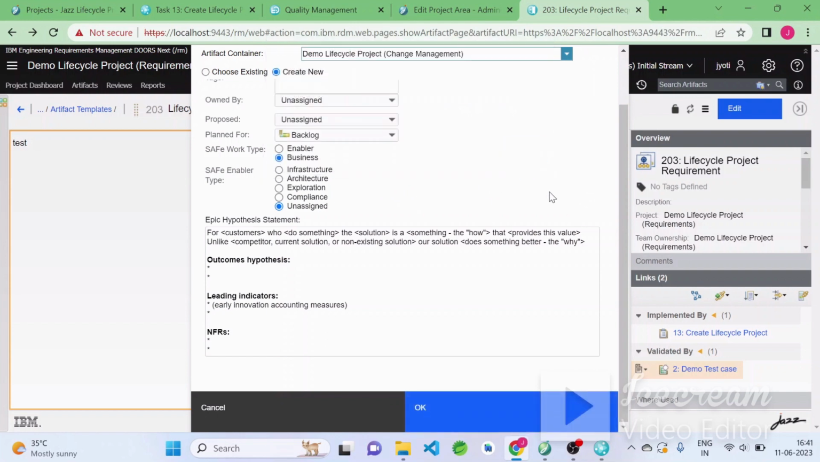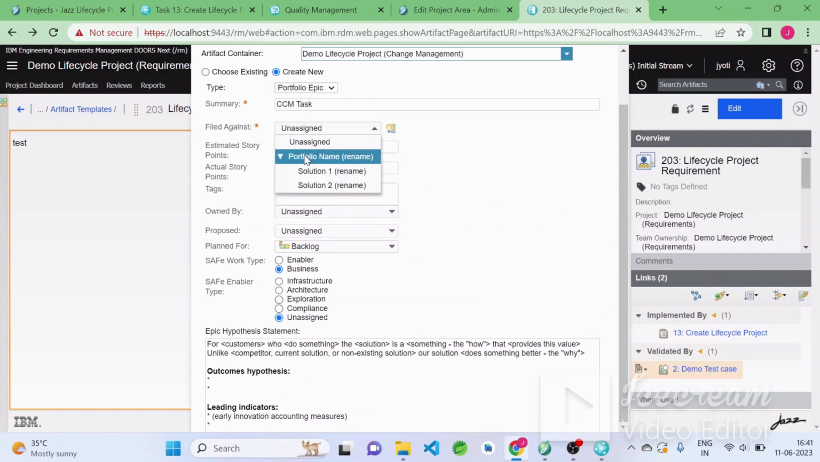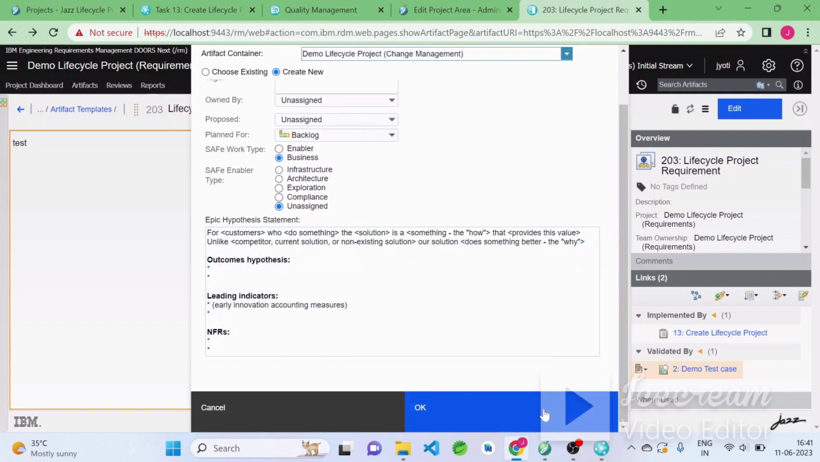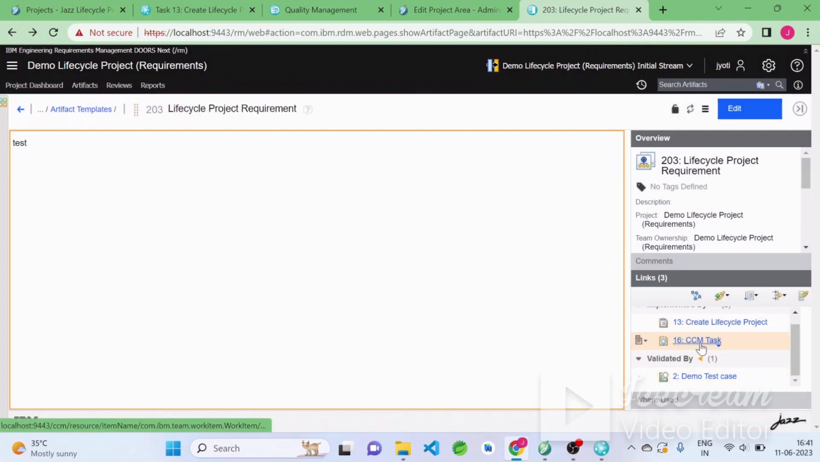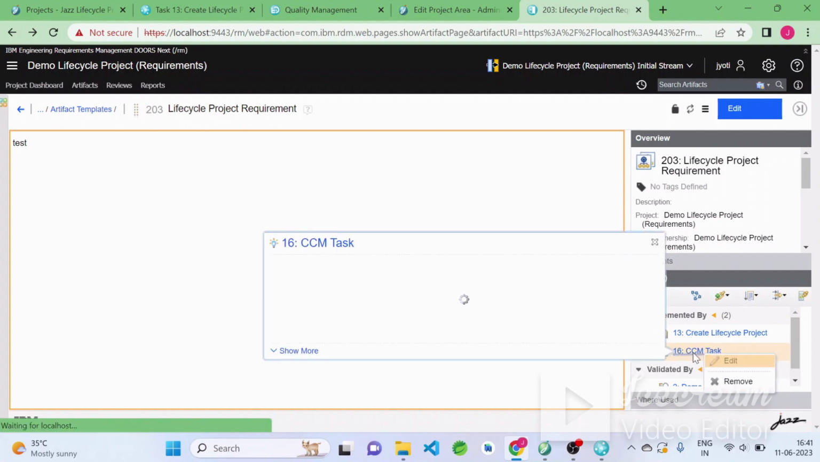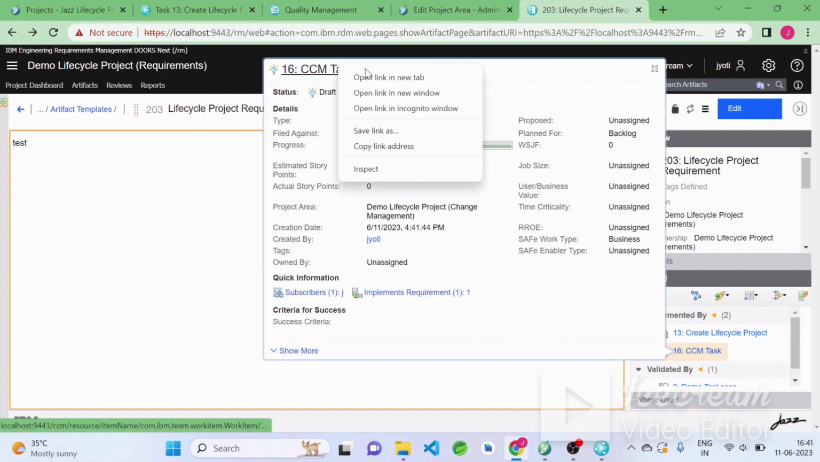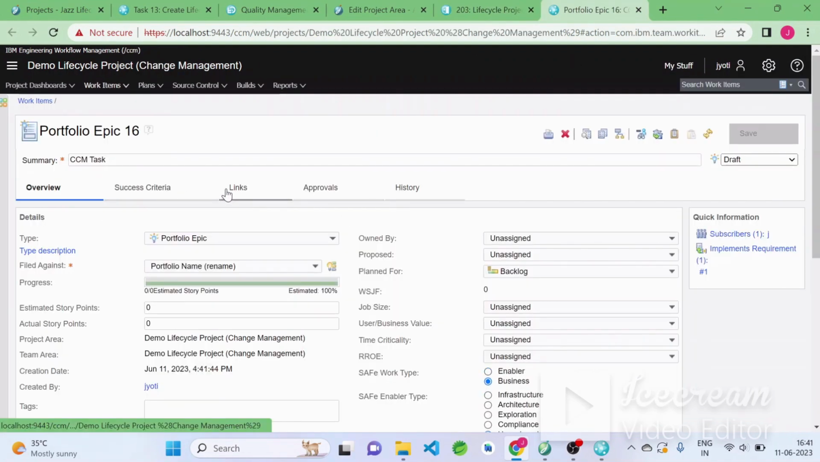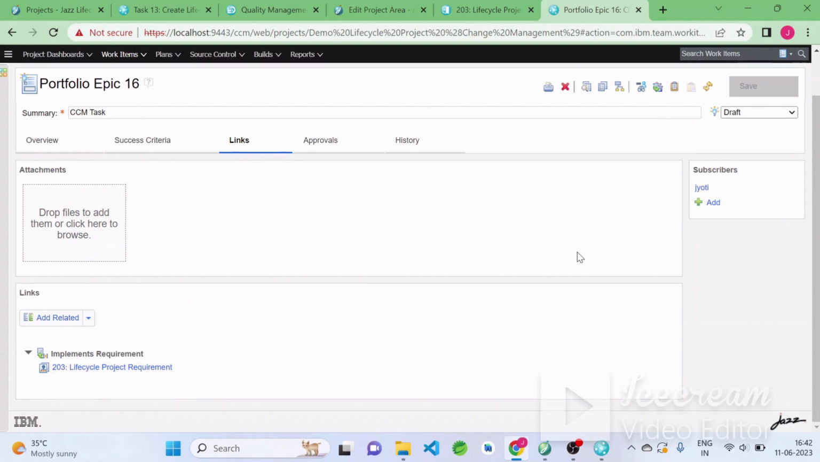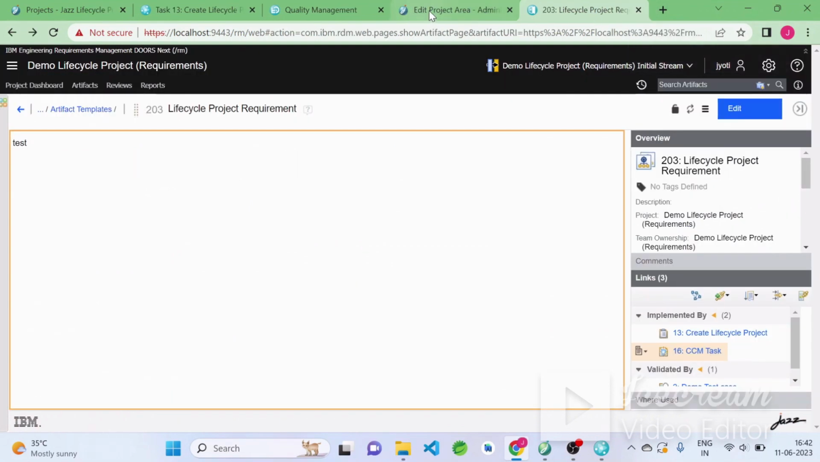This attribute is mandatory to set, so we need to set it. Now click on OK. So automatically this task also got created. When you can navigate to this CCM from here, go inside this links. You will get the same. Now we're going to check it from